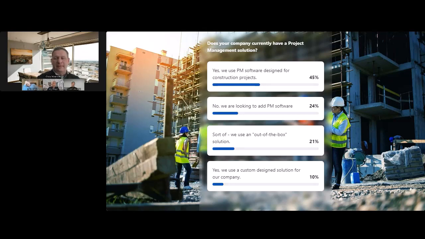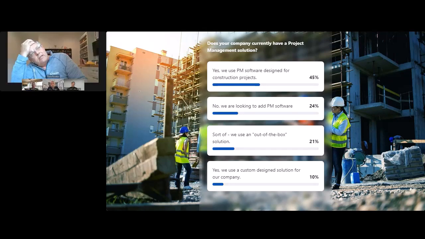Yeah, and I don't want to call it commoditized, but I think project management solutions are becoming more commoditized. And you know, I look at it and there's a difference between project tracking, which is probably what some of the out-of-box solutions